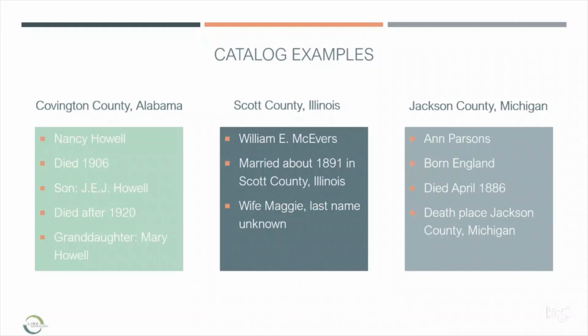Now, Covington County had an unfortunate experience, multiple unfortunate experiences, where the county courthouse burned down 3 times between 1840 and 1900, and then also had a flood. And so I wasn't able to find the land records that I wanted that were indicated in the pension file or a will for Nancy Howell's husband. Also did not find a will for Nancy Howell. And so I thought, well, sometimes maybe they never created them. That's a possibility as well.